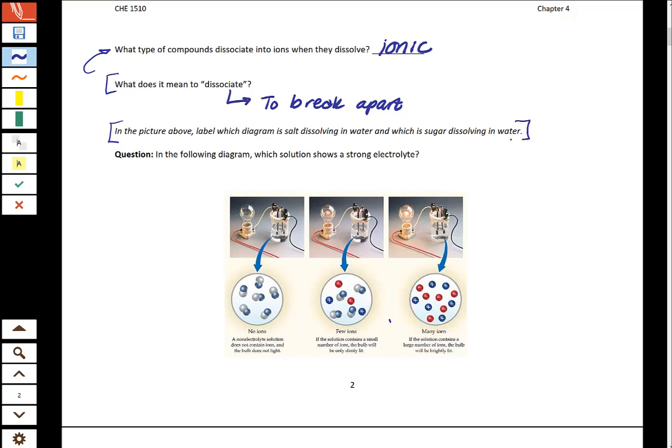So let's relate this to electrolytes now. First, we should probably define what an electrolyte is. An electrolyte is something that is going to conduct electricity. When we start talking about electrolytes in chemistry class, these are going to be solutions that contain ions, because it's the ions that allow the